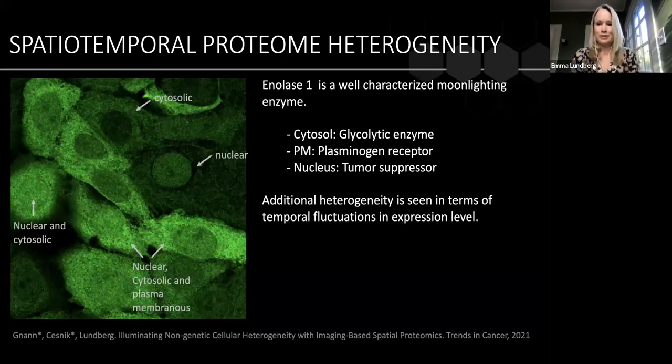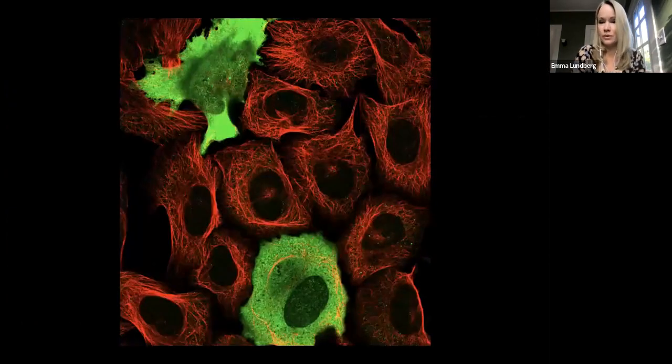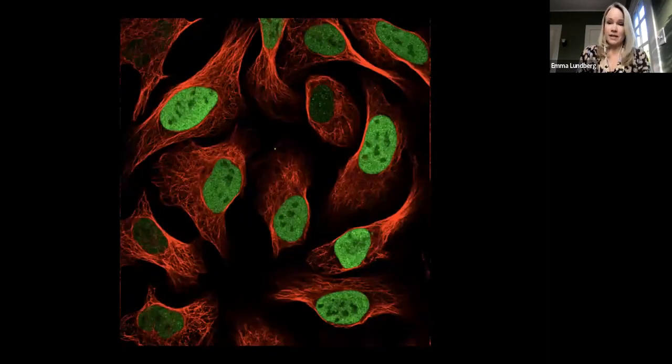So there's great heterogeneity here. And when we started to think about this, we realized that this kind of heterogeneity we can actually assess from our images. So we asked ourselves, what's the extent of heterogeneity among the human proteome in cultivated cells? And we searched through our image database, looking for images like this, where the protein is only expressed in a subset of the cells, where we see intensity, expression level differences, high and low abundant cells, or when we